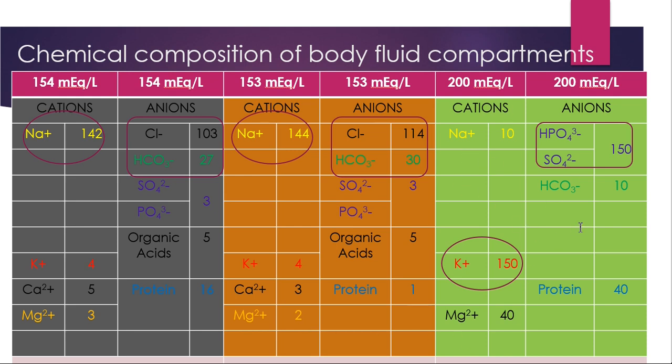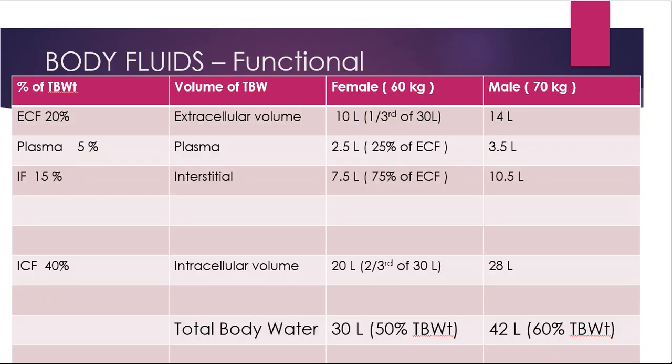Now just focus on this part. This is intracellular fluid. Here the principal cation is not sodium. Here the principal cation in ICF is potassium, right? Whereas the anions, again, are different: sulfate and various phosphate ions along with proteins. These are important. This is the basic difference between ECF and ICF composition.